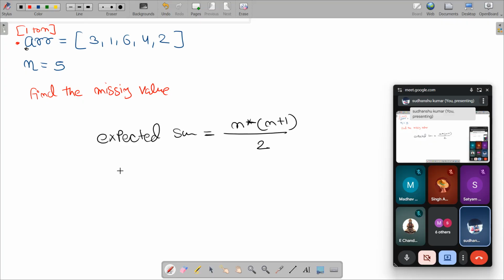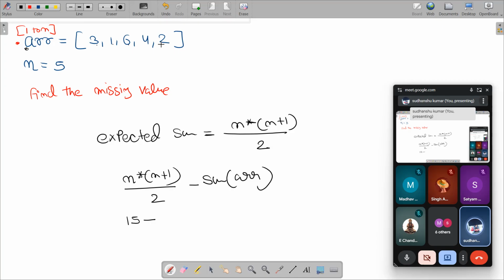And from this expected sum, if I subtract the actual sum, the sum that is available to me, I will get my missing number. In this case n value is 5, so 5 into 6 by 2 is 15. 15 minus sum of array, 3 plus 1 is 4, 4 plus 6 is 10, 14.